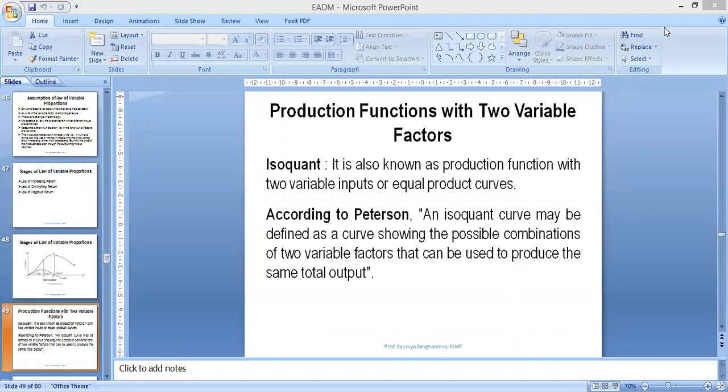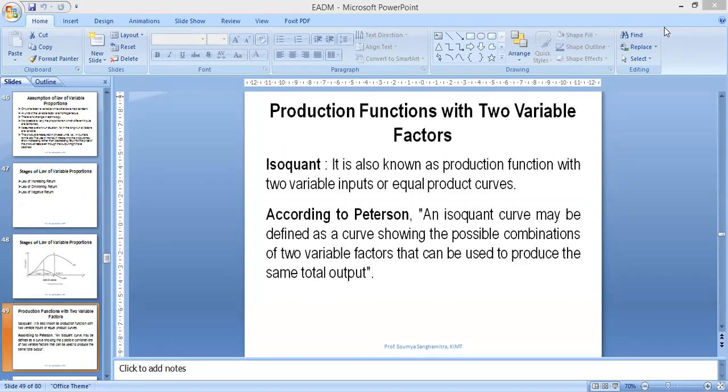Today we are going to discuss production function with two variable factors, which is known as isoquants. So what is an isoquant? It is also known as production function with two variable inputs or equal product curves. Then according to Peterson, an isoquant curve may be defined